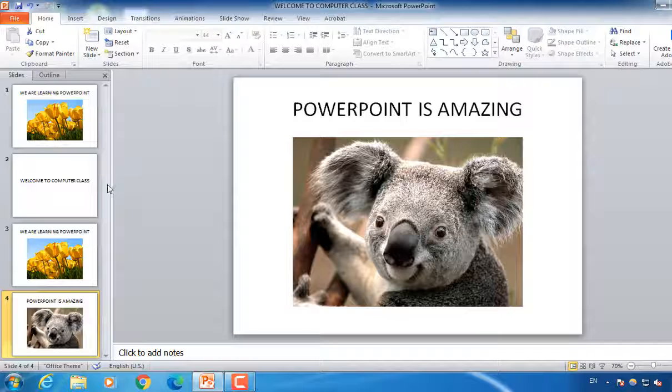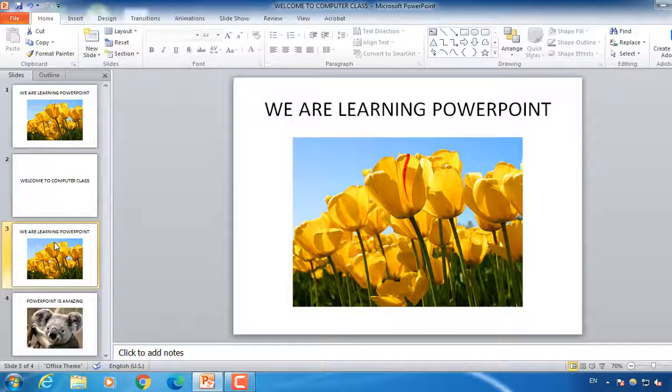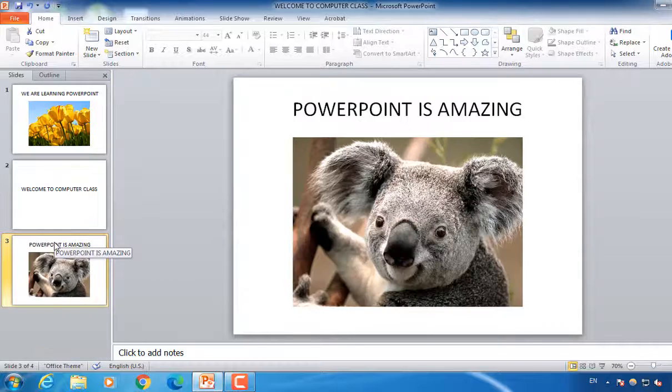Next we will see how to delete a slide. So suppose we want to delete this duplicate slide, slide number 3 that we have created. So we will just select this third slide and simply press the delete key or backspace key of your keyboard. I am pressing the delete key. See, that particular slide, slide number 3, has been deleted now. Now this slide becomes number 3. We can either press delete key or backspace key to delete a slide after selecting it.